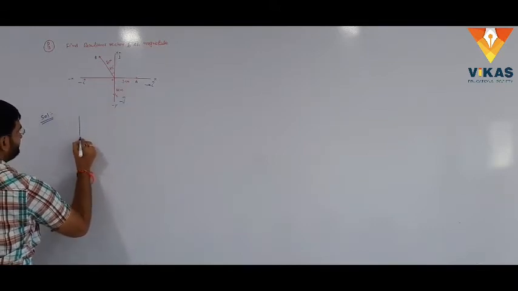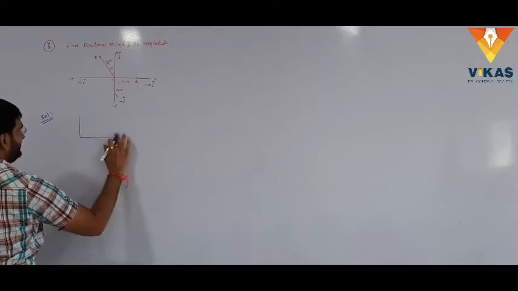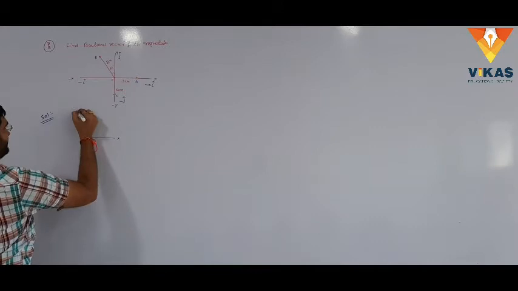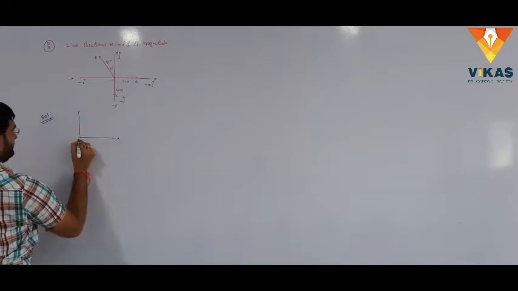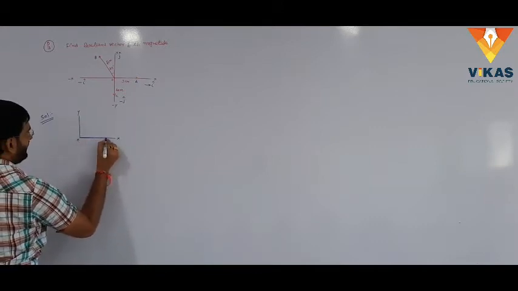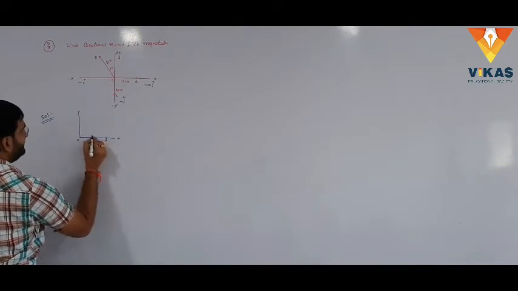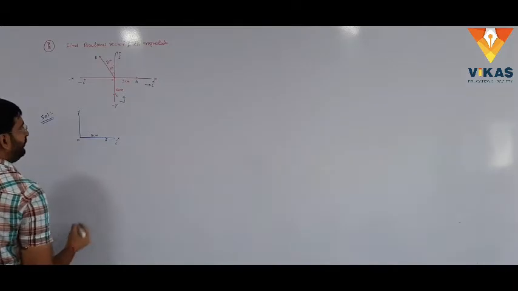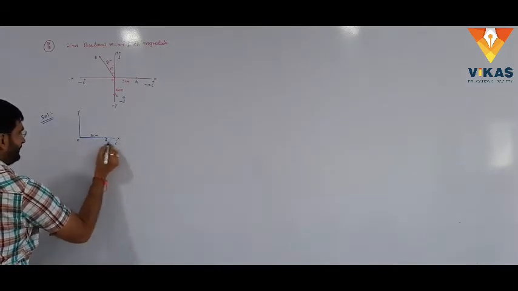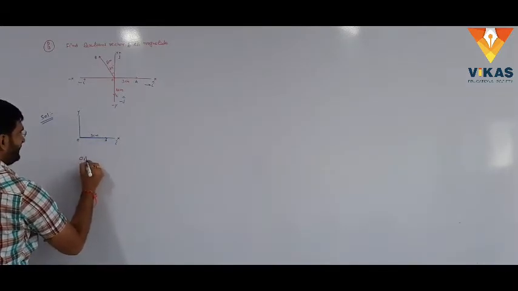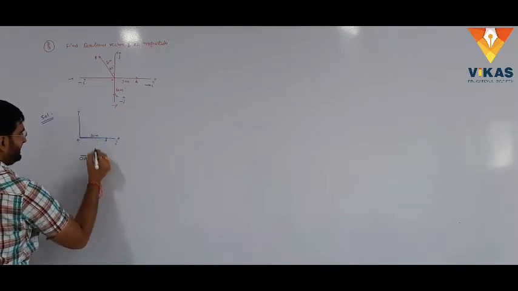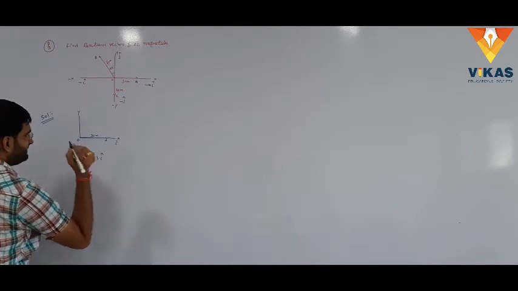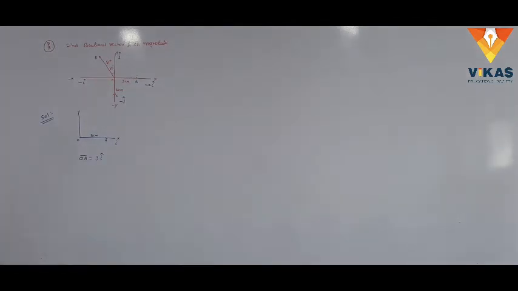Let us take the coordinate system simply like this, x-axis, y-axis, this is O, this is A, 3 centimeters, which is along the positive x-axis. How to write the vector? It is parallel to the x-axis only. That's why OA bar equals how much length? 3 centimeters along which axis? The x-axis is i cap. Understood?